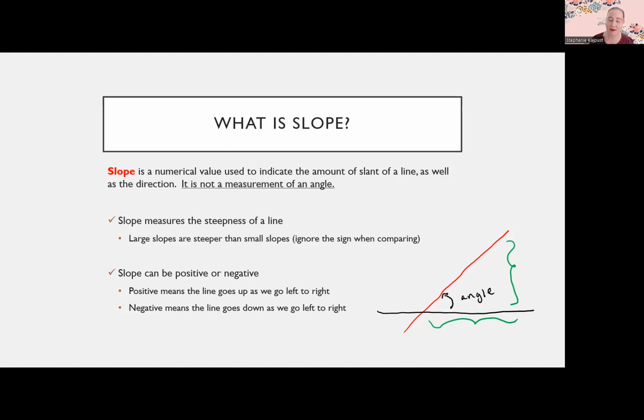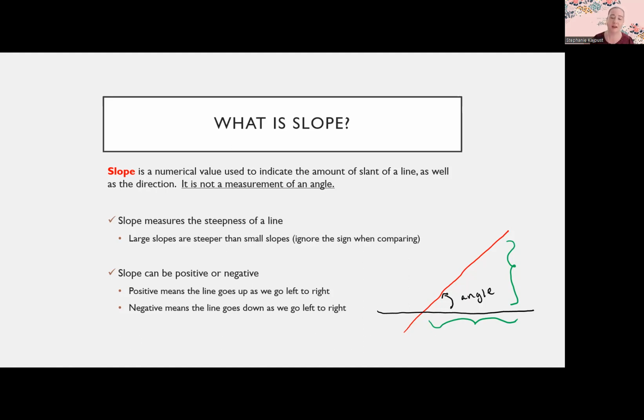So I'm not going to do that in my head, but you have a different angle, and it's harder conceptually to understand that those are the same steepness, because you'd be comparing 45 degrees to, it's probably like 315 or something like that. With those angles, it's not obvious that those are actually going to be the same steepness of the line. So slope is very powerful because it gives you an easier way that makes more sense conceptually